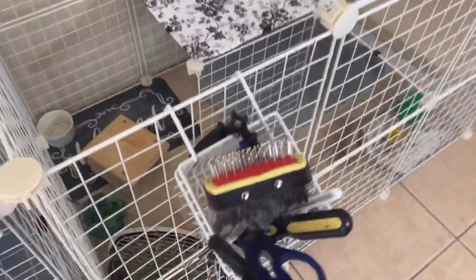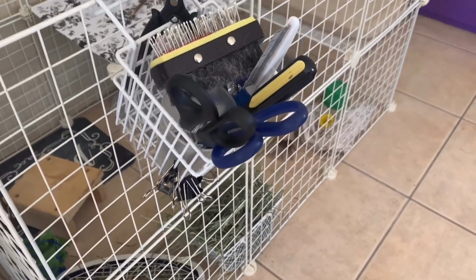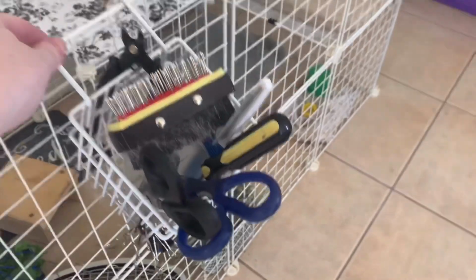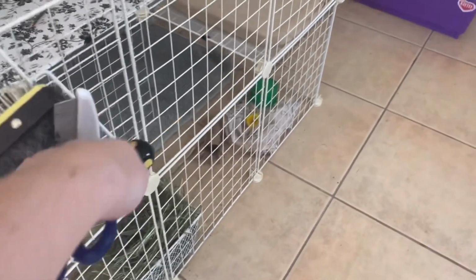And then over here, I have a little basket. I also found this at the same thrift store that I got the yoga mat at. It's just a little wire basket, but it's so cool because it hangs right on there. And in here, I keep their brush. I keep a couple brushes. I keep some extra wire